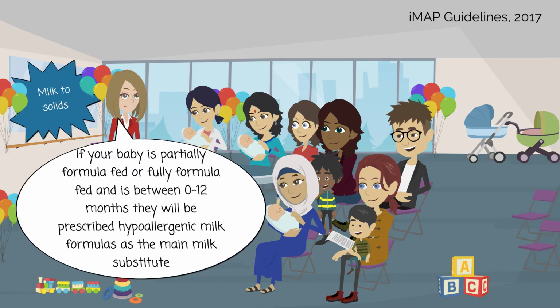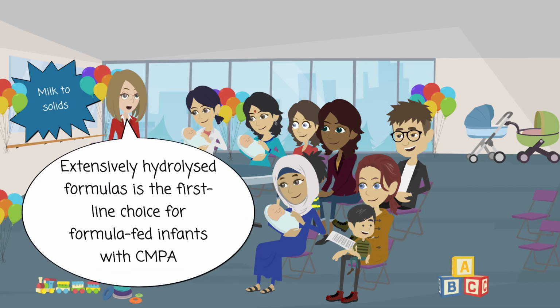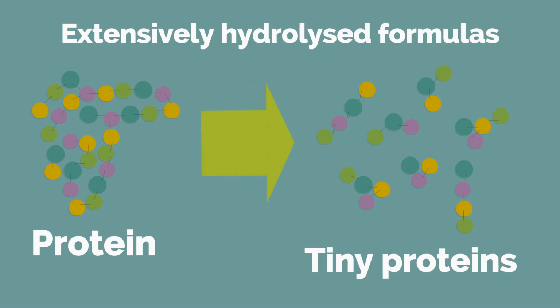If your baby is partially formula fed or fully formula fed and is between 0 to 12 months, they will be prescribed hypoallergenic milk formulas as the main milk substitute. There are two types of hypoallergenic formulas which are available on prescription. Extensively hydrolyzed formulas is the first line choice for formula fed infants with cow's milk protein allergy. In these formulas, the proteins have been broken down extensively into tiny proteins than the ones in cow's milk and